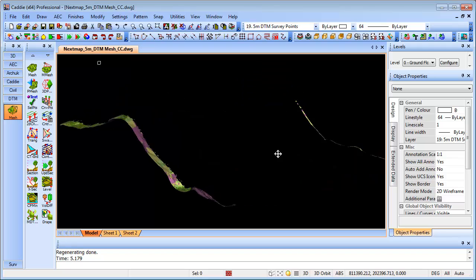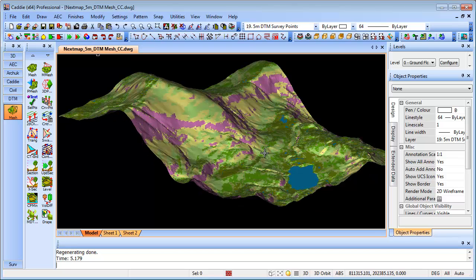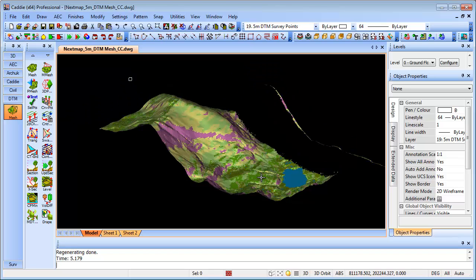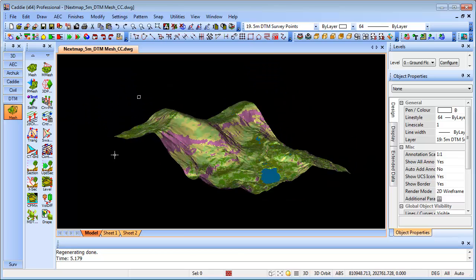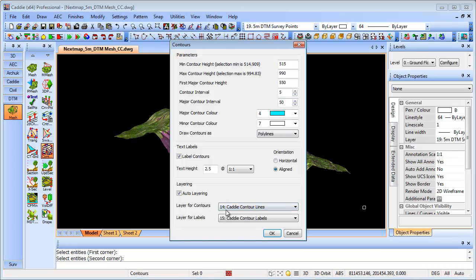And taking this, we can also explore the possibilities for producing contours here, because we might want to actually issue a drawing or prepare a drawing with those contours to describe the site in more depth in that respect. So if we go for contours, and you see again we select the entities, we just drag a simple rectangle around, we can layer our drawing to make sure that it's very easy to section off particular aspects of the information that we have. We can choose the minimum and the maximum contour heights and the major contours and the